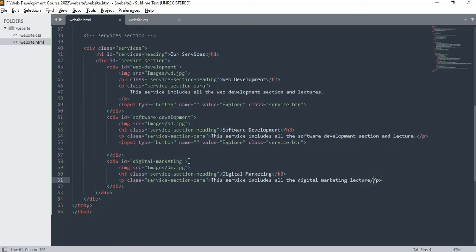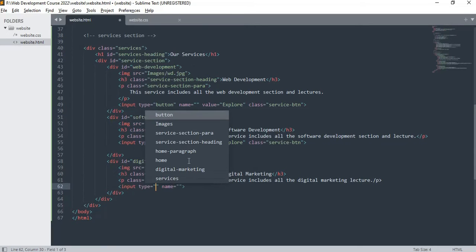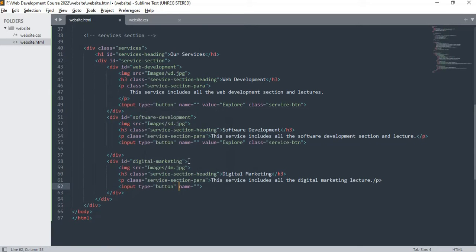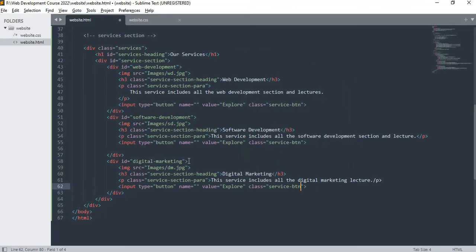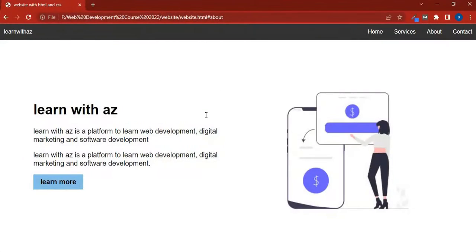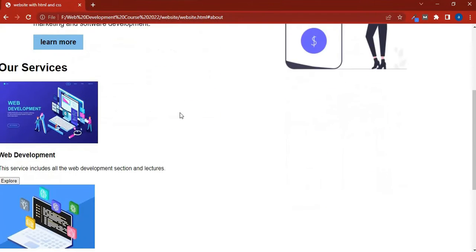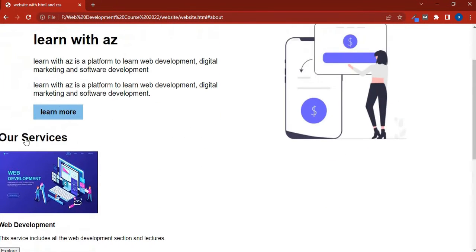Okay, after this I have a simple button, that is input, type button, and after that I write value explore, and class service btn. So if I save it and reload it here, now you see